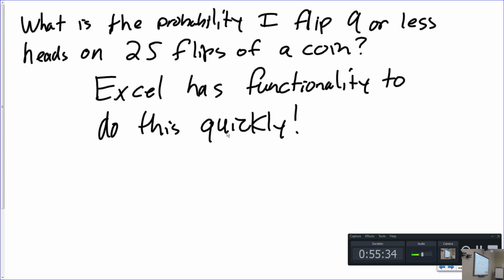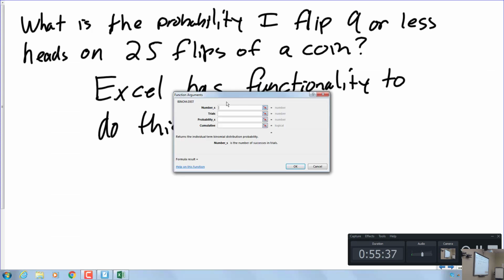So for the problem we were working on, we wanted to have 9 or less, okay? So our number of successes is 9. The trials we're taking are 25. The probability that any one of them is a success is 0.5, because it's a 50-50 shot of flipping a heads or tails, right? And note that there's this last little thing down here, cumulative, on the bottom. Cumulative is how you tell it to add everything down to 0. So if you make this value true,